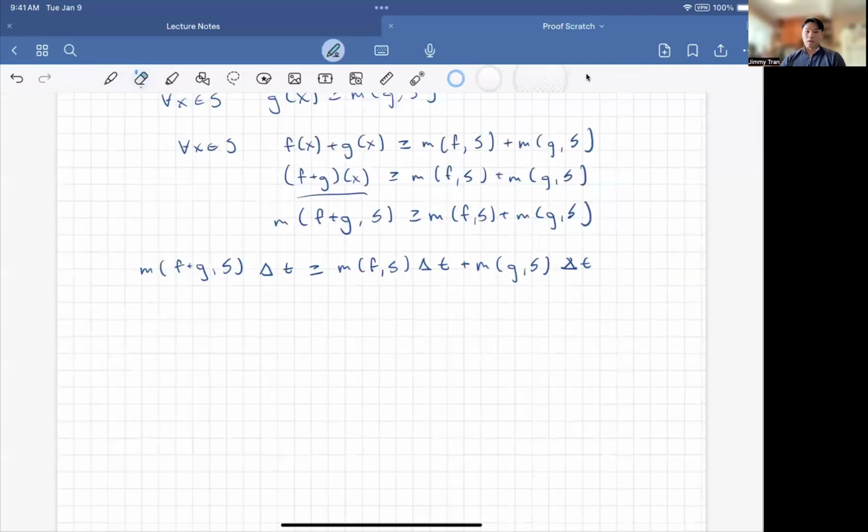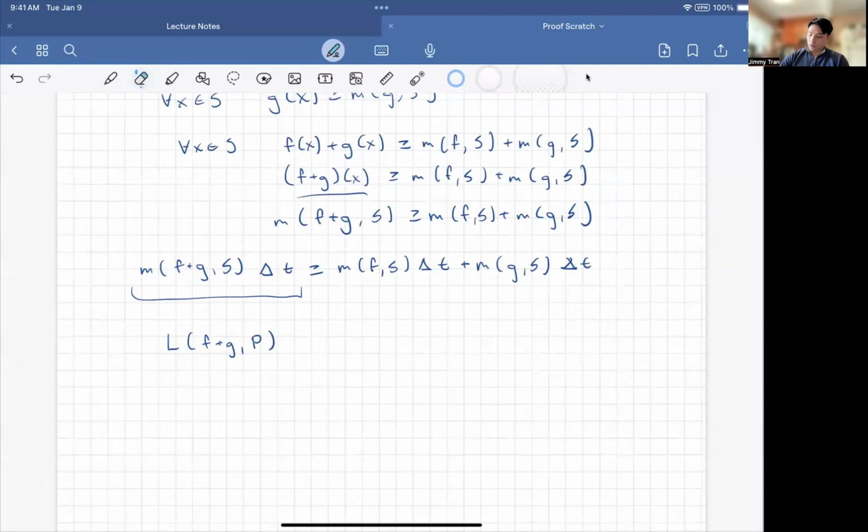And now that we have this setup here, we can now sum over the interval s over the partition P. And so what that means is that we can now leverage the definition of the lower Darboux sum that we've talked about, since we have the infimum and we also have the length of the interval s itself. And so what we get now is that this value here is the lower Darboux sum of f plus g over the partition P.